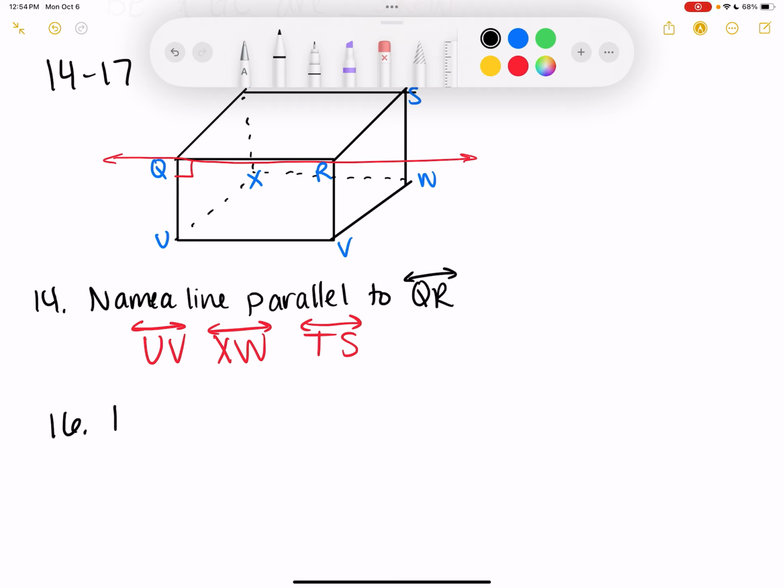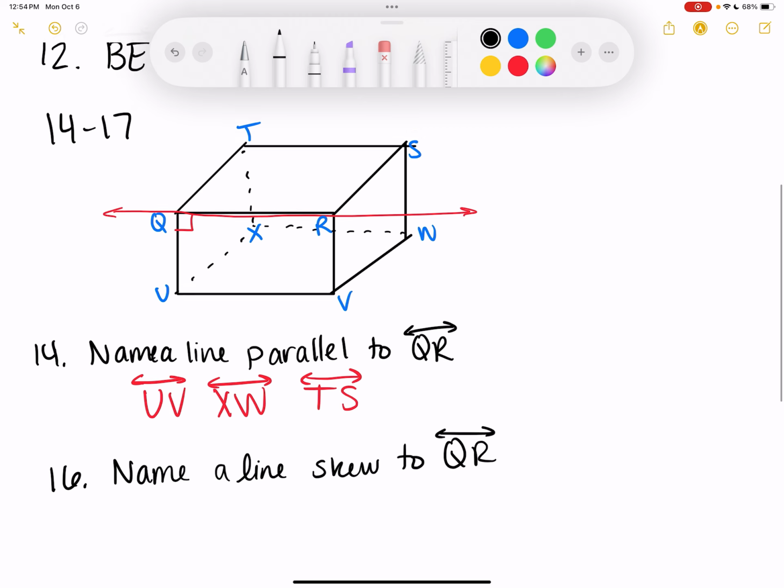16. Name a line skew to QR. TX, SW, AW, UX. Oh, I kind of get it now. RVT, QR, and SW. One second. QR. Not touching or intersecting. I think SW is wrong. Yeah, that's what I'm saying. SW, TX,